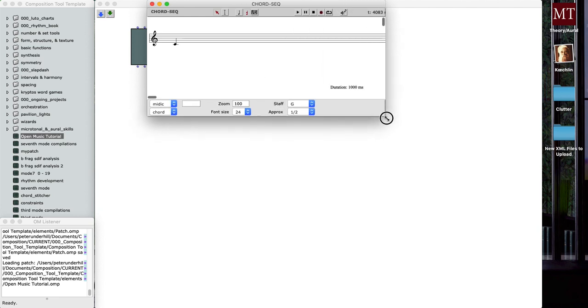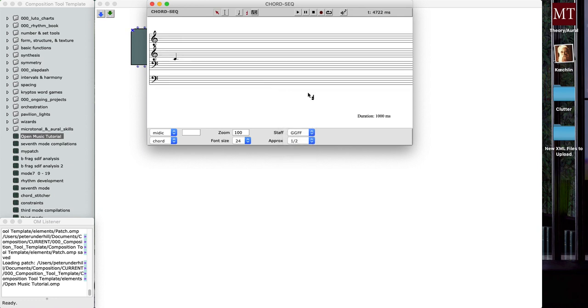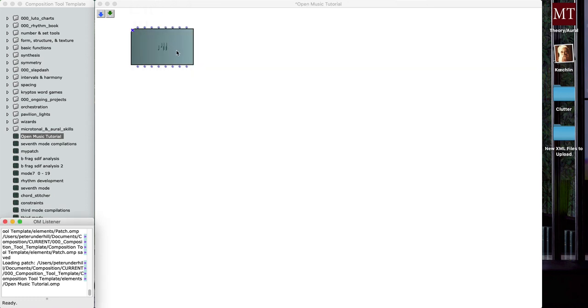It's used for constructing sequences of chords. A chord sequence has some very specific properties that we can look at in a later video, or you can find in the OpenMusic documentation. So if you are interested in learning more about the chord sequence object and what makes it distinct from other types of music notation objects in OpenMusic, a quick way to do that would be to